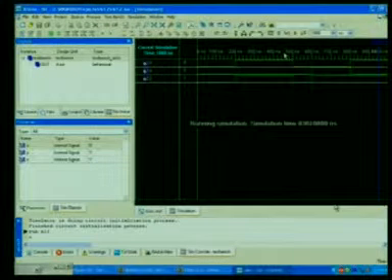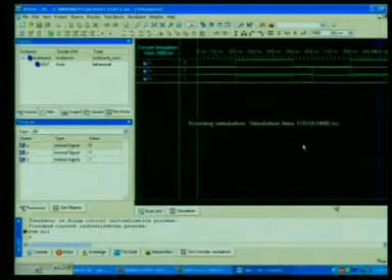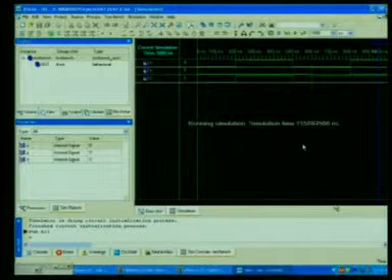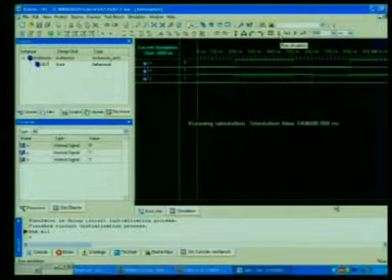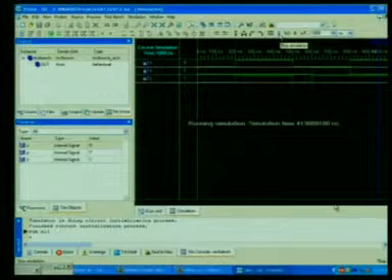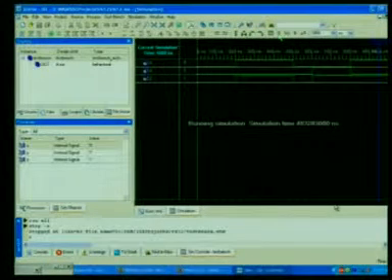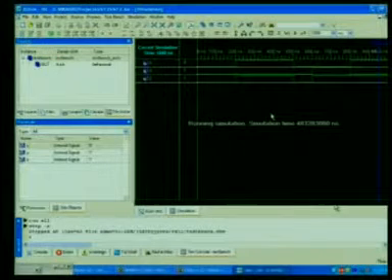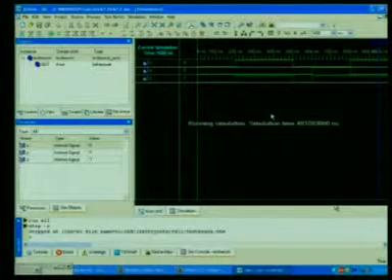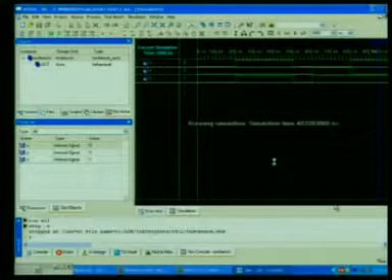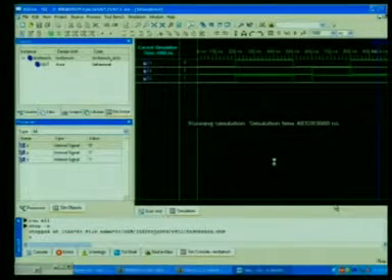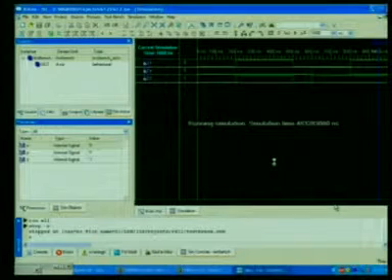You can run simulation of your project. So, we are running our simulation. Here you can see the time in nanosecond. Then just stop it and view your results.